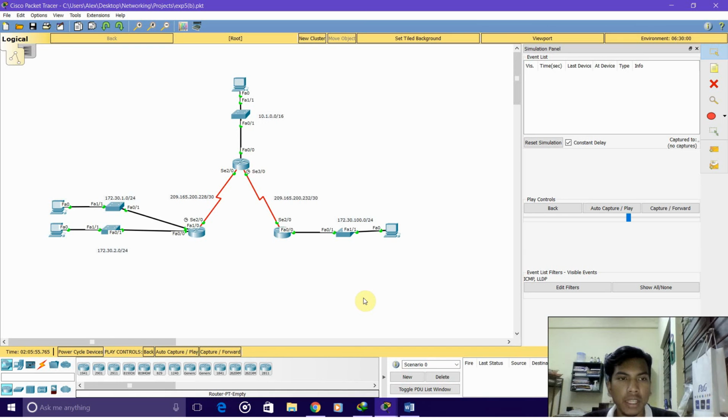since we are free to have any kind of IP. As you can see here, each network has a different kind of IP, whereas in the last one each network had the same subnet mask. So here it's /24, here it's /30, here it's /16, here it's /24. Even if all the networks have different subnet masks, we can still connect all those networks together using RIP version 2. So for configuring a router,